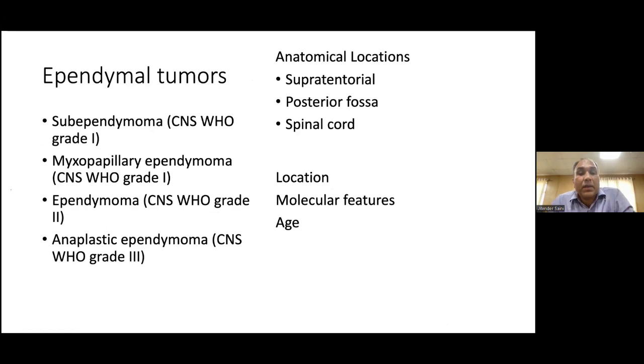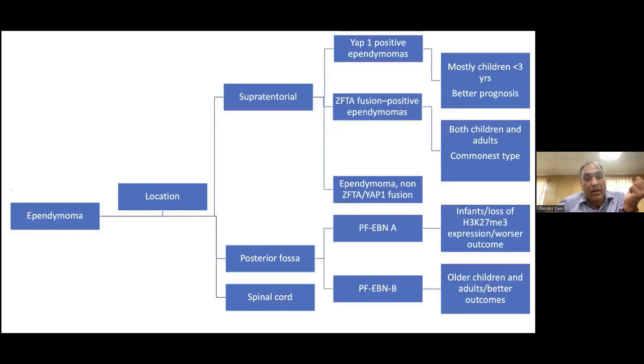Then there can be ependymal tumors, which include subependymomas, which are usually intraventricular, usually seen in the posterior fossa, and commonly do not show enhancement. Then there can be a myxopapillary ependymoma. These lesions are present right down into the sacral region. Ependymomas and anaplastic ependymoma are the others, which can be parenchymal and can even be seen, rarely, in the